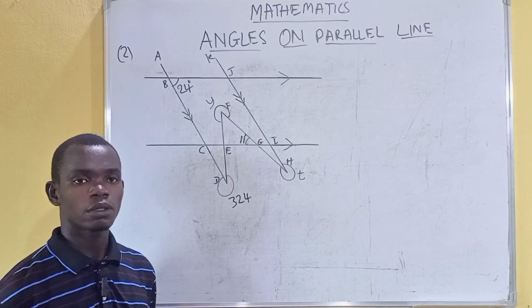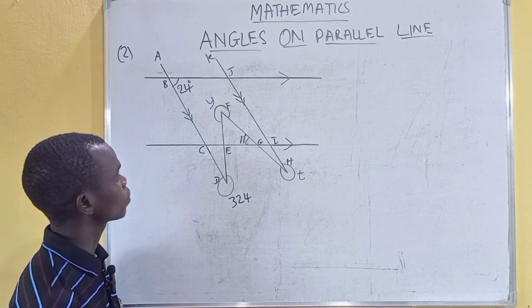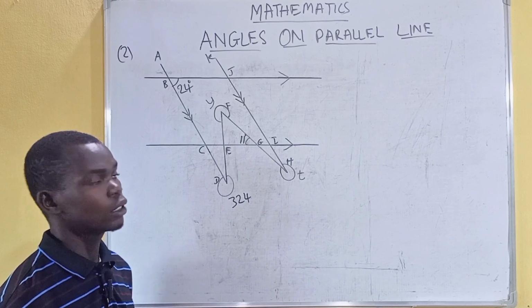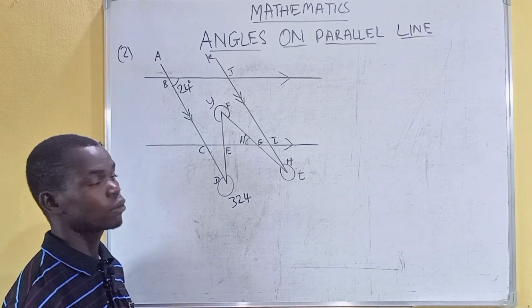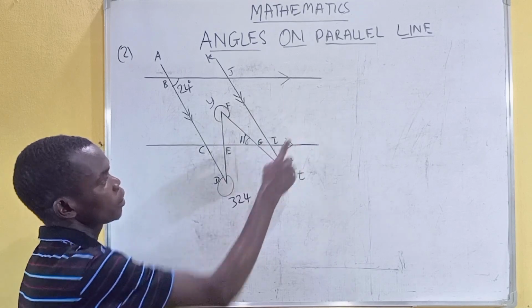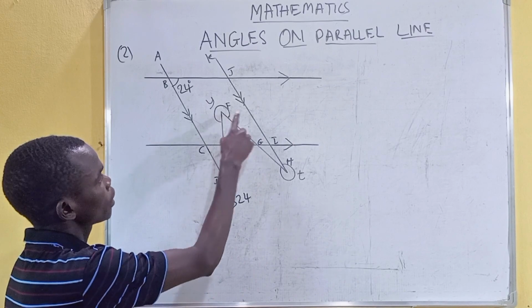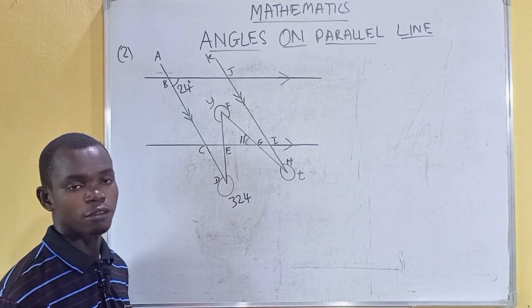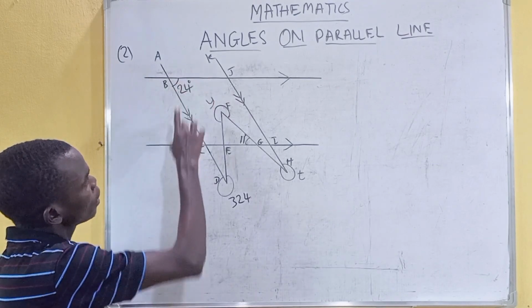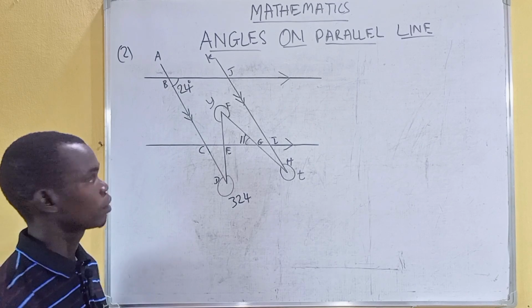Let's take a look at this question 2 on angles on a parallel line. We are asked to find y and also t. If you look at this question, we have different pairs of parallel lines. This and this is one pair of parallel lines, and also this line and this line is another pair of parallel lines. And if you are considering this parallel line, this line is now acting as a transversal to this